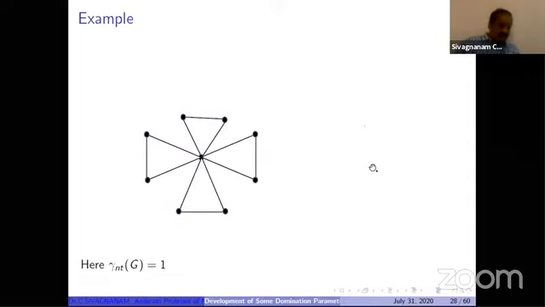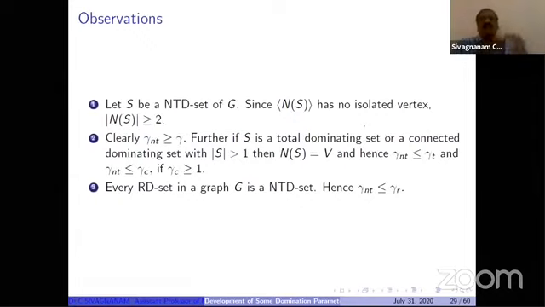So in this talk, we are discussing this neighborhood total domination number. One domination parameter we are introducing means we are imposing a condition on S, so we are getting a new domination parameter. What type of theorems, what type of properties are we going to verify? We have to think about that.